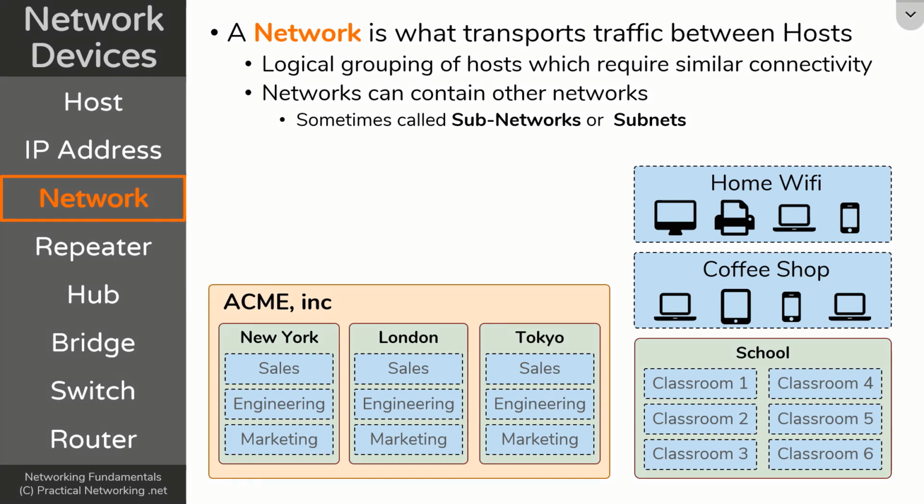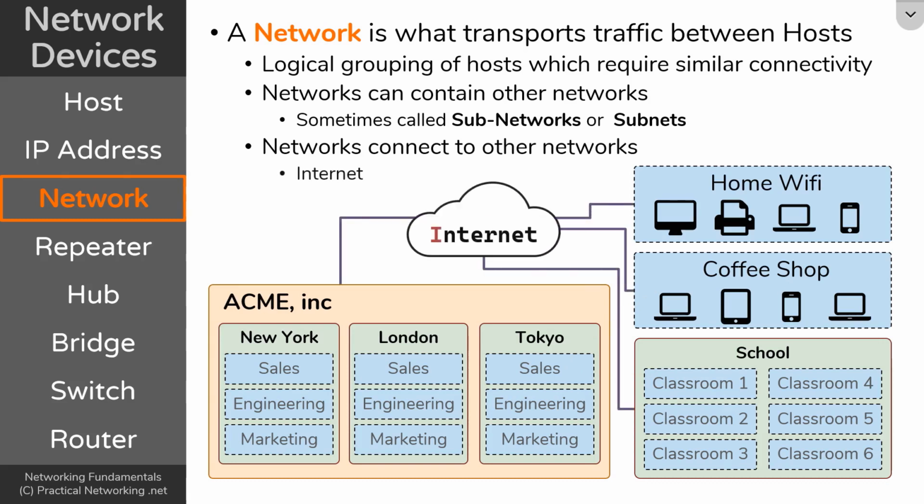Either way, all of these networks then connect to each other. For example, you might be sitting at your house and might want to do some sort of working from home and be able to access the office networks. Or possibly you're studying from a coffee shop and you might want to access school resources. Well, instead of having each of these networks connect directly to each other in every possible combination, instead, all of those networks are connected to a central resource,